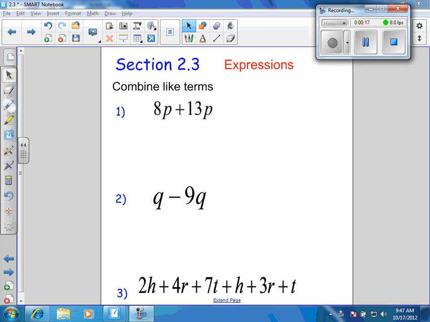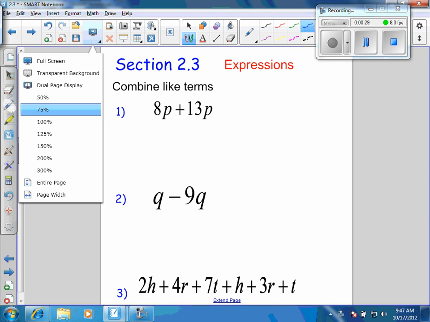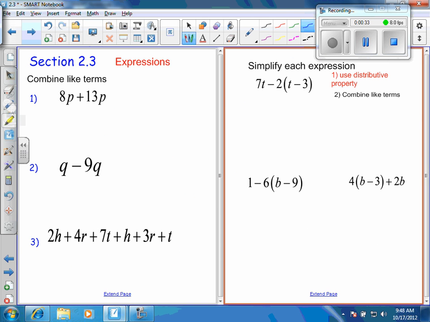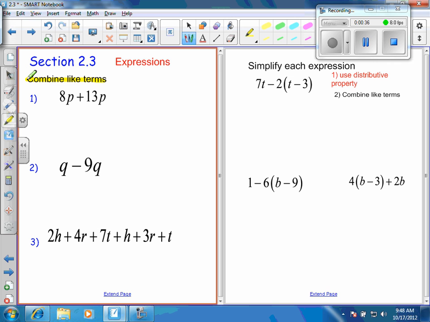And the part of the multi-step is where you have to combine like terms to get to a 1-step or a 2-step. So today and tomorrow, we're just practicing combining like terms. And I want you to look at, one more time, the sets of examples, because we're going to see different sets of directions in your homework: combine like terms, and simplify each expression. And really, they pretty much mean the same thing. But there's no solve at all, because there's no equal sign. So we're just putting things together